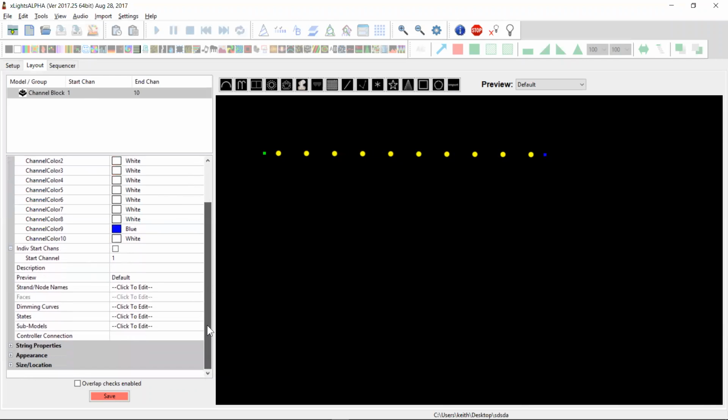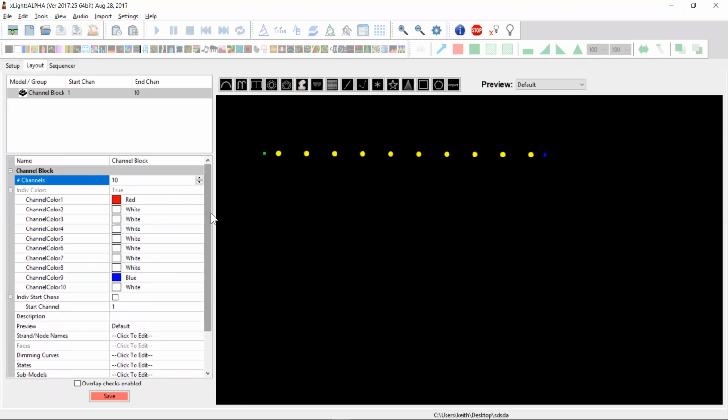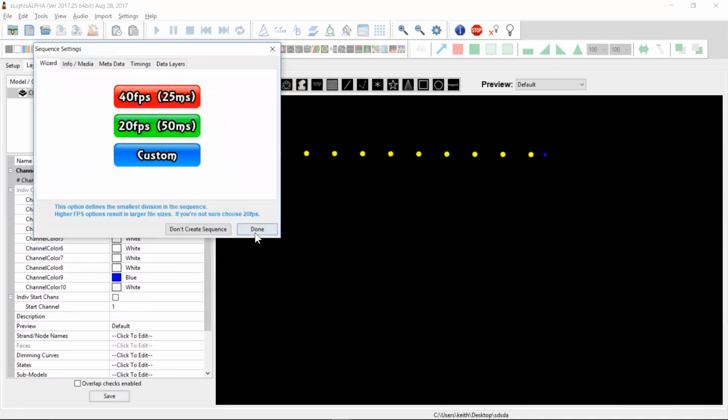Other than that, it's like any other normal model. You've got start channels and everything else, and it just reserves a block of, as you can see here, 10 channels, as you can see from the start and the end channel number. So that's pretty straightforward. You can then sequence it, obviously,